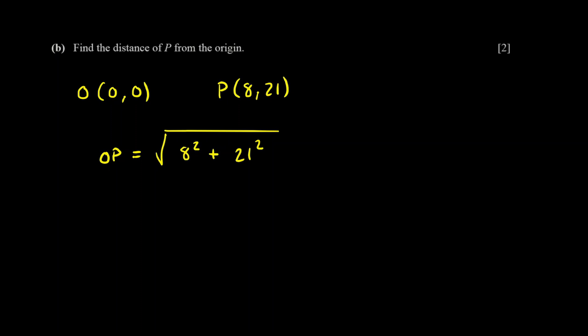We're going to have 8 squared plus 21 squared. And I think I'll just use my calculator to do that. So 21 squared is 441 plus 8 squared, which is 64. So that's going to give me the square root of 505. And I can simplify that. No, I can't simplify that. But if I write that as a decimal, I will get